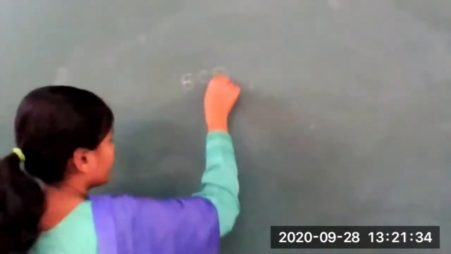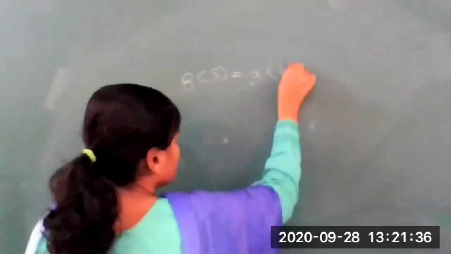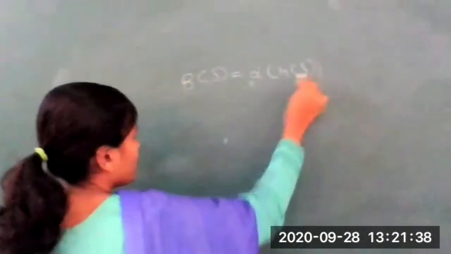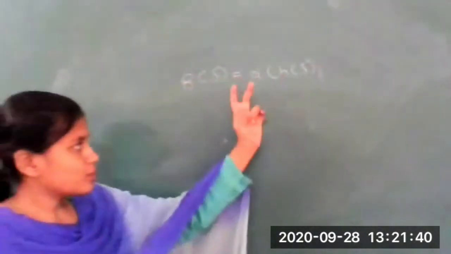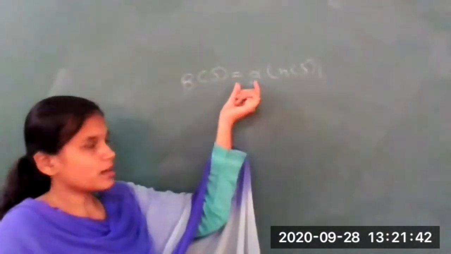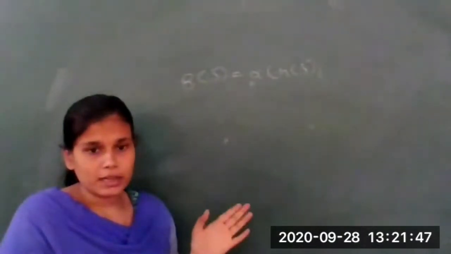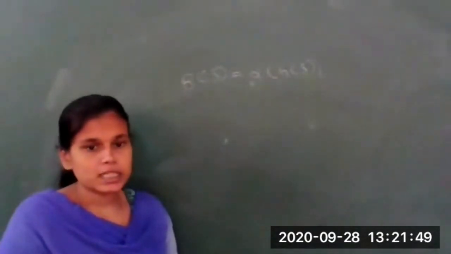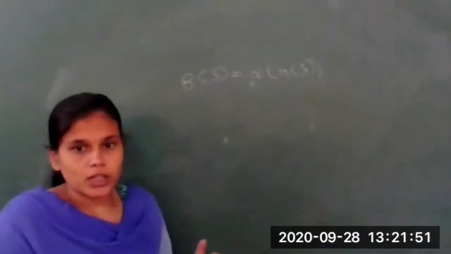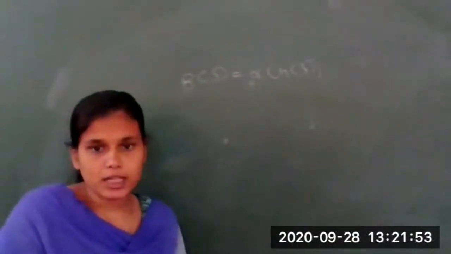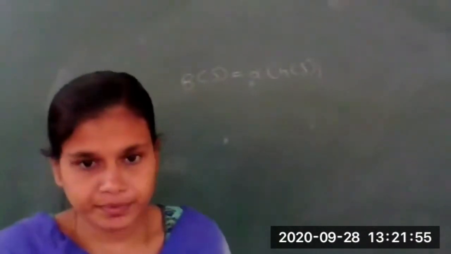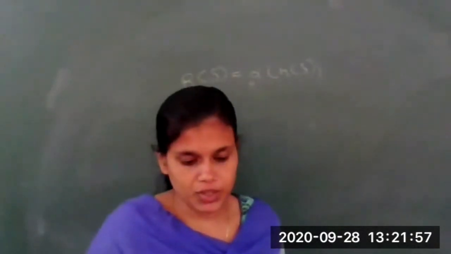So we have beta of s is equal to alpha of h of s. That means how are you going to get a beta? If you put t is equal to h of s in the curve alpha, you will get a curve beta. So beta will follow the path of alpha but reaches it at some different time. Now let us see what is the relation between the velocity of the curve and the reparameterization.